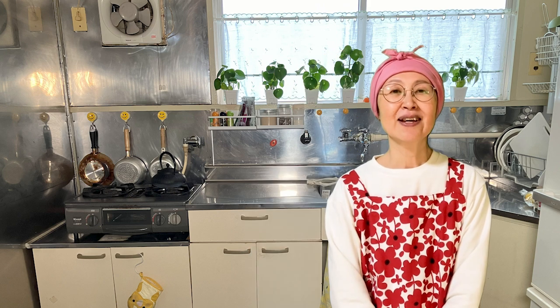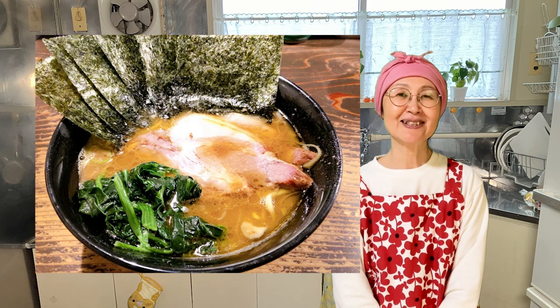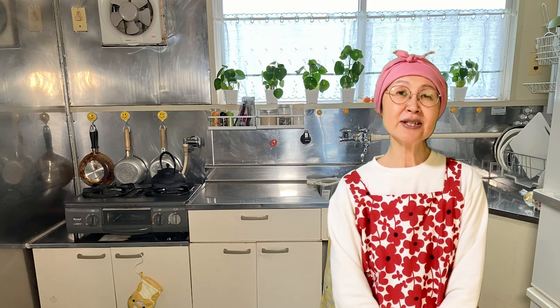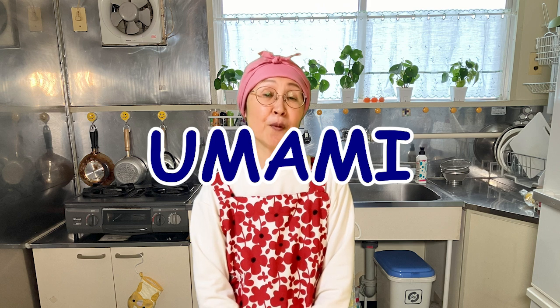What kind of Japanese noodle do you like? These days, ramen is very popular overseas. But in Japan, udon is also as popular as ramen. Udon soup contains plenty of umami, which is said to be the fifth taste, so I have never met a Japanese person